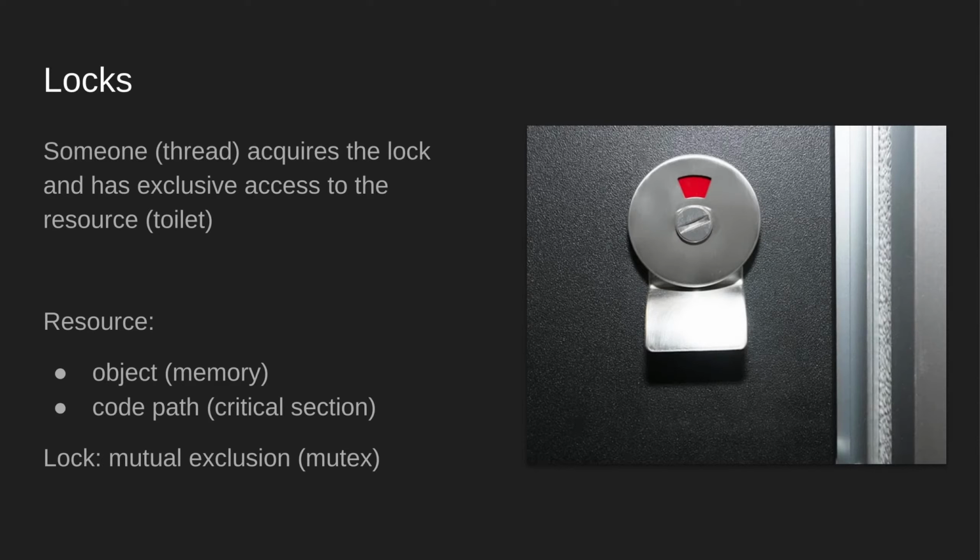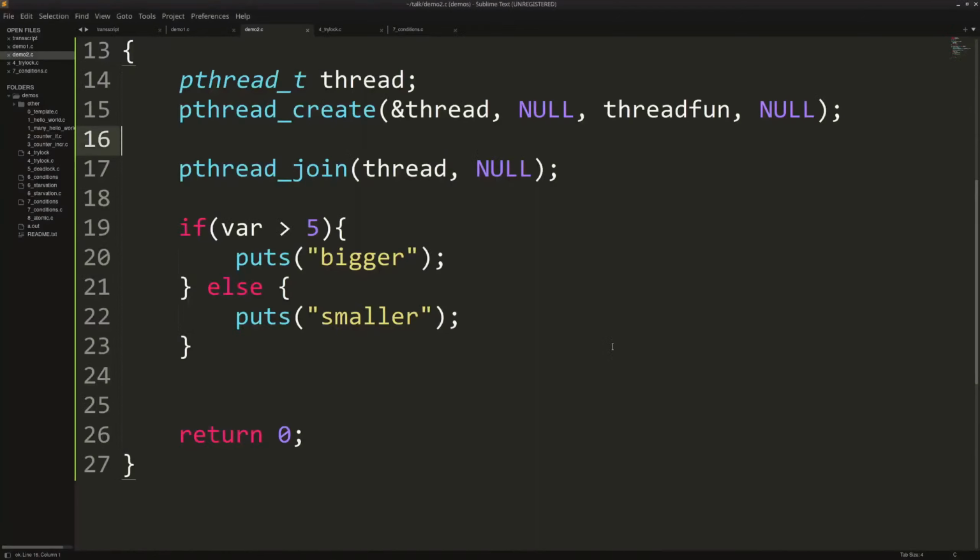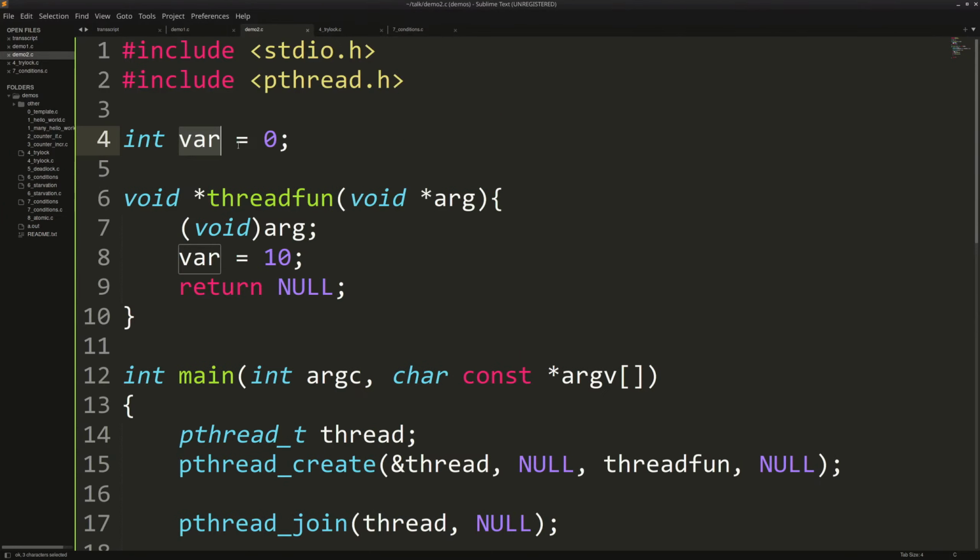So if you think about, well, let's say you're going to school or to some sort of restaurant, it likely has some restrooms, and usually a toilet is accompanied by a stall which has a lock on it. So think about why that lock is there. It is there so only one person at a time has access to the toilet, right? You don't want to sit down on the toilet and then suddenly somebody else barges in. So in multithreading, you have locks for much the same reason. And in this case, our variable, you could see it as the toilet.